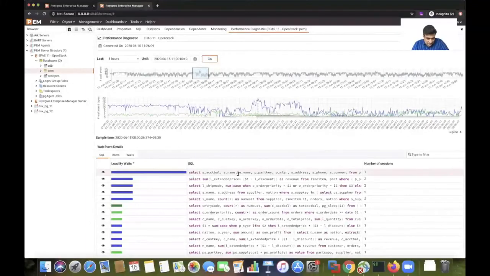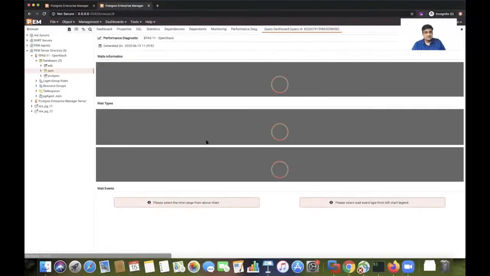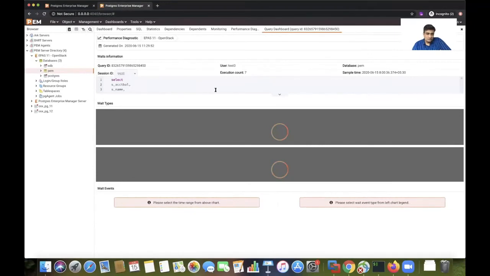During this timeline, seven sessions were running for this particular query, and all of them were waiting for a lightweight lock. Some of them were waiting for timeout. So let's go into this and see what is really happening at this particular point of time.